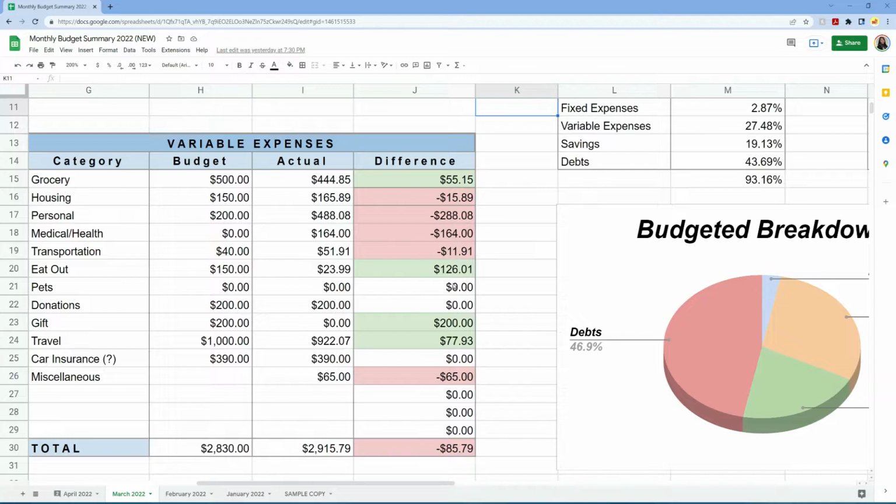So for example, housing, it's $165.89. That is when we went to Target, I believe. I honestly forgot what we have spent there, but for the most part, it's all about the house. And personal,